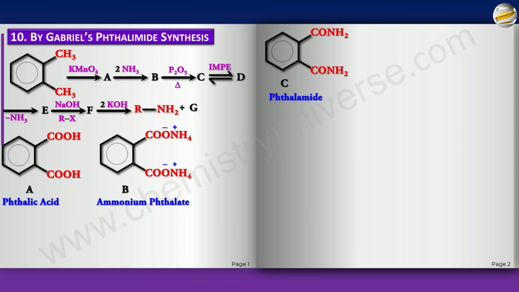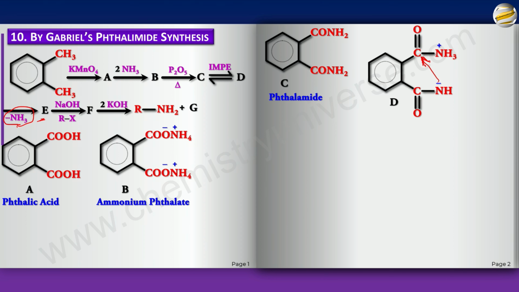Now in C, I'm showing you intramolecular proton exchange. What does it mean? It means one of the H goes from here to here. So which means I'm going to get this. Because one of the N loses the H, it becomes N minus. The other one gains the H, forms NH3 plus. What do you think can happen now? Remember, D is leaving ammonia to give E. And the only way to leave ammonia is to attack on this carbon. Which one do you think it can attack? This N minus can attack. And this will go. And it will form a stable 5-membered ring.